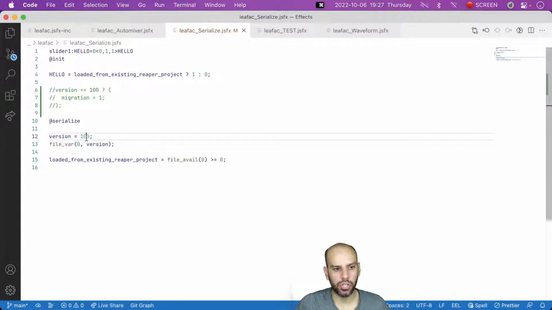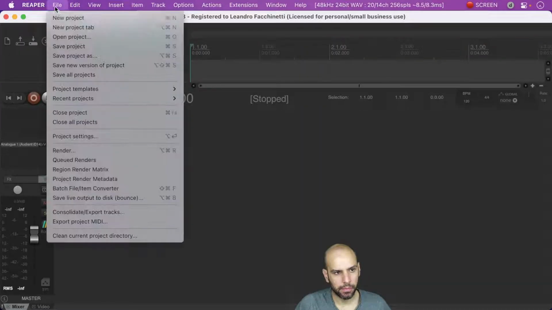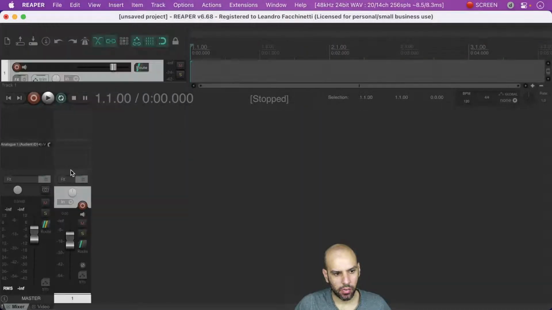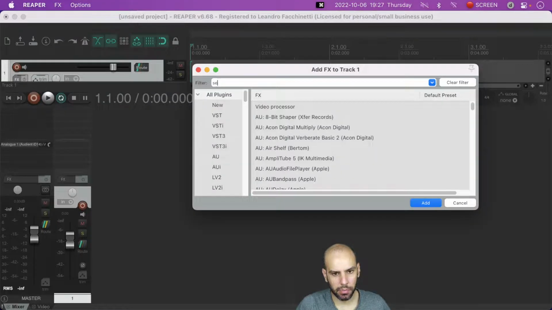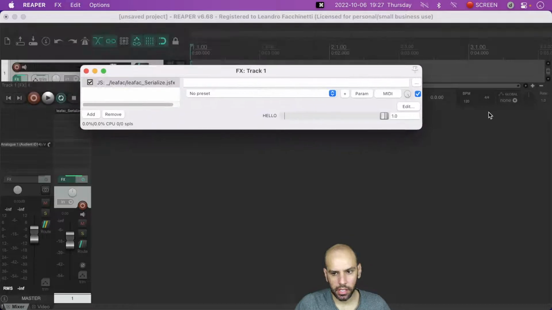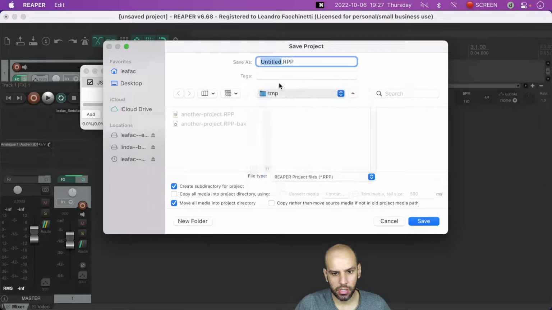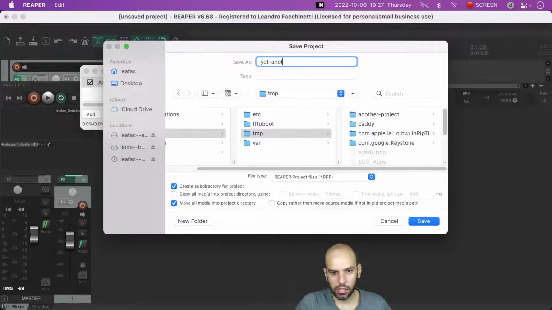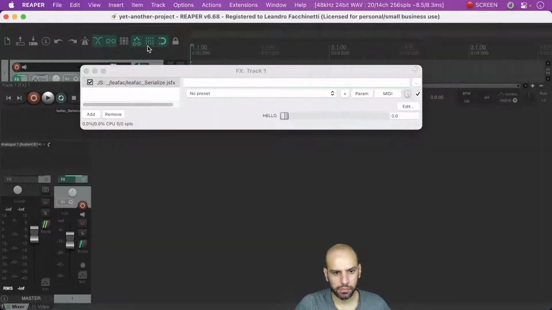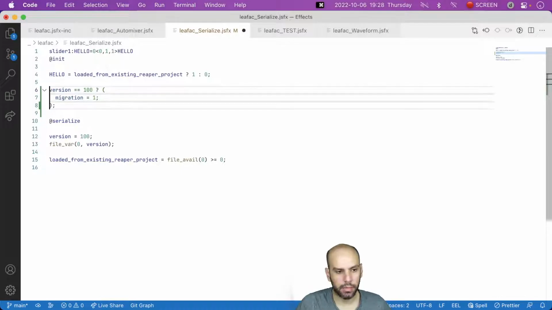This is the old version of the plugin. Close Reaper. Reopen Reaper. And drop the old version of the plugin into the project. Then let's play around with the parameter just for the sake of it and create yet another project. Save and close. Now we are going into repack and updating the plugin